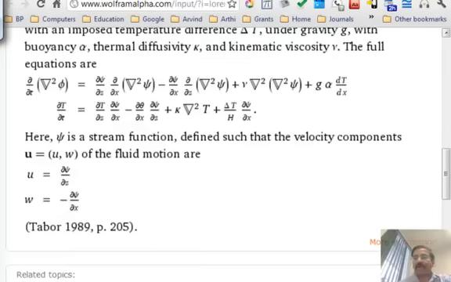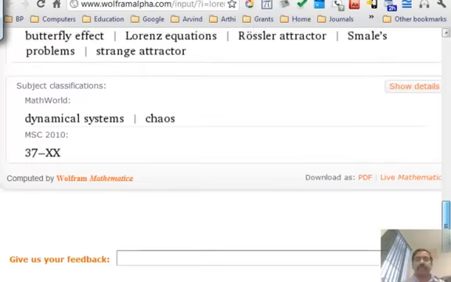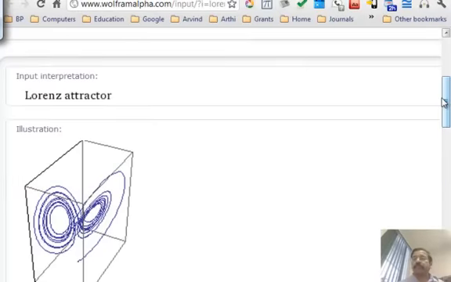What he did was he took these equations. These are obviously very complicated nonlinear partial differential equations, and in the 60s, we didn't have enough computing power to solve them. So he devised a mathematical technique for developing what is called a reduced order model. He did a Fourier analysis, took the temperature gradient in the vertical direction and the temperature gradient in the horizontal direction, and reduced these equations to 3 equations. Those 3 equations are what you will see as the Lorenz equations,